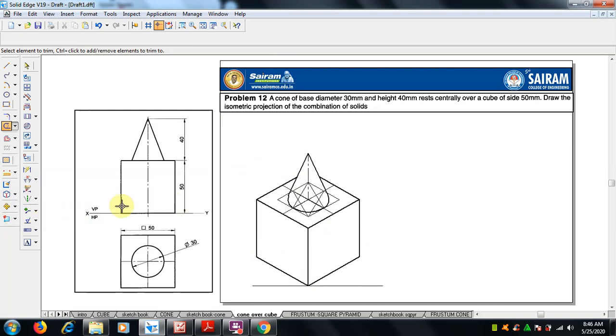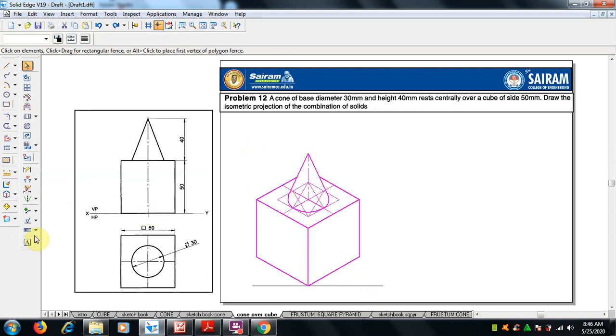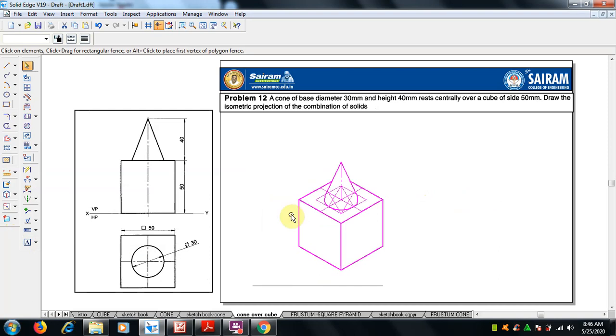isoscale. So select fully, go for the scale option. Okay, where it is here, the scale factor is 0.816. So this is the final.